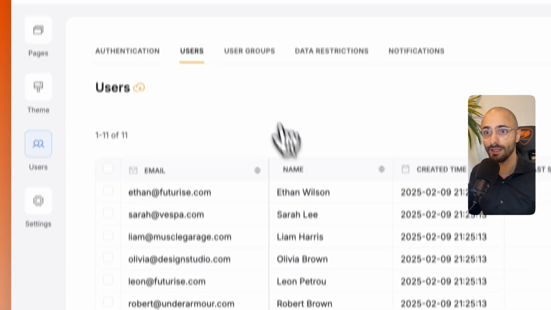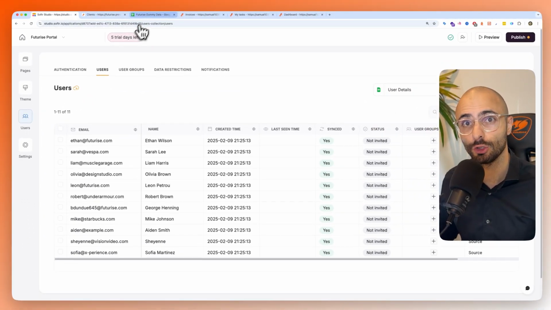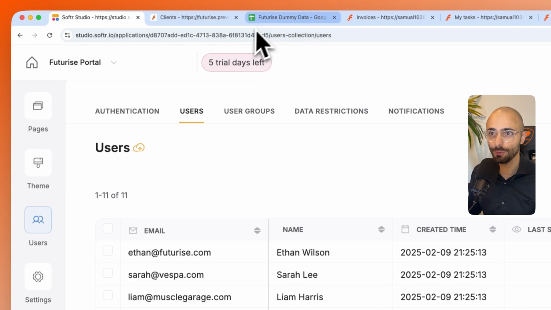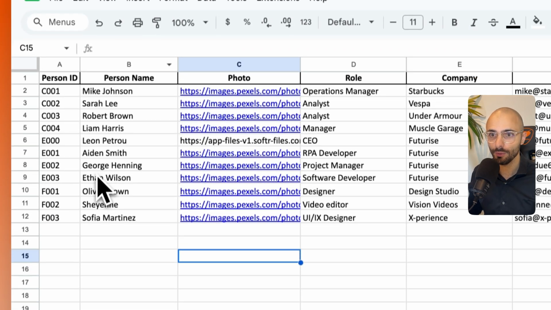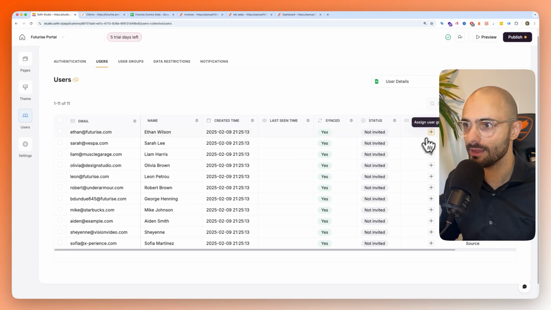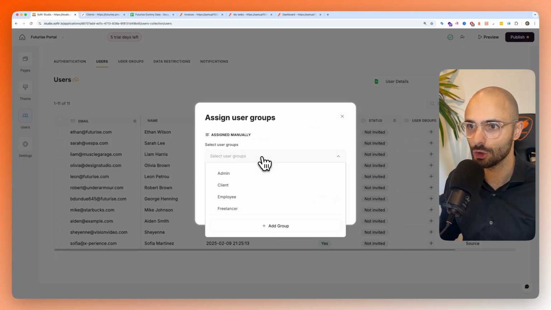You need to be careful when, even in preview mode, if you delete anything, it's going to be deleting your actual data. Next, what you want to do is assign user groups. So for example, we know Ethan is an employee. I would probably set myself as an admin. For Ethan, we can select this drop down and choose the group, and we choose employee